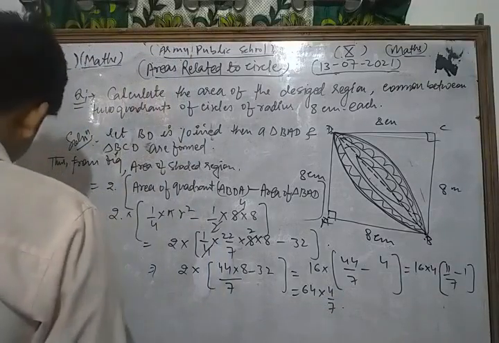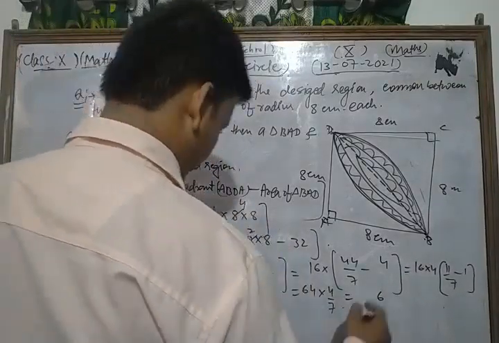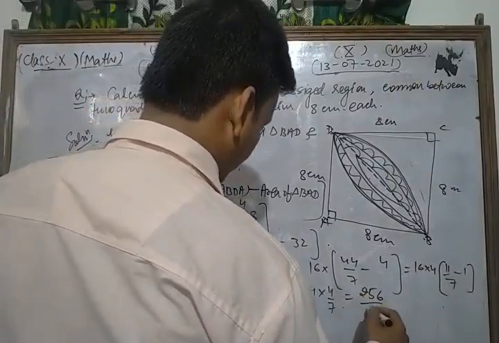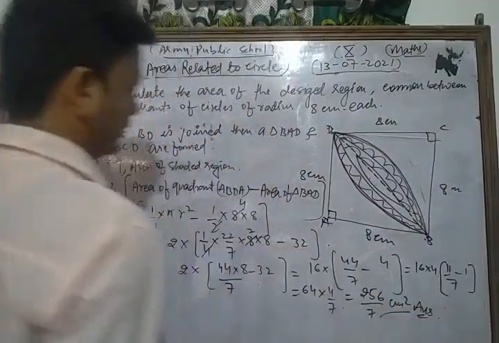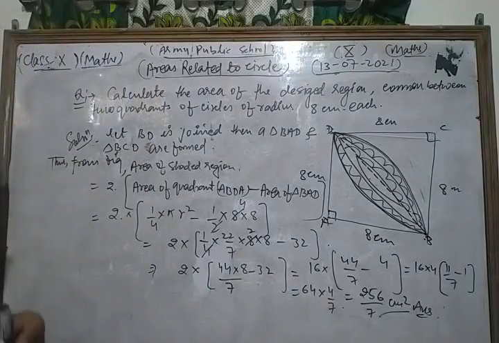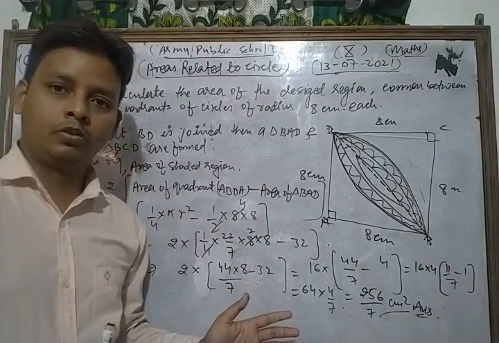So we get 8 256 upon 7 centimeter square. This is the required solution of the given question. Okay,